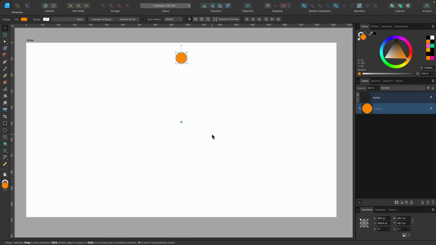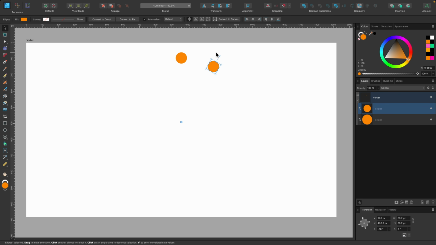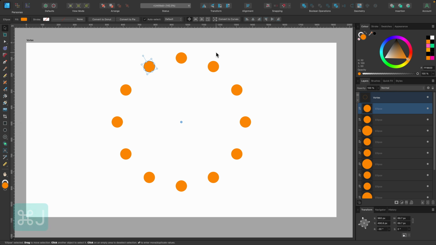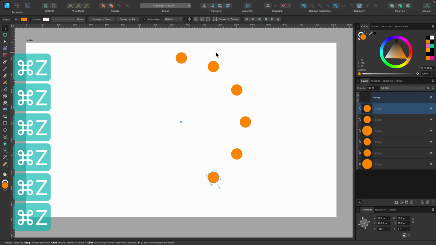So just like before, we're going to press Command J and we're going to hold the handle here, click and drag it whilst holding Shift, and we'll just drag it to minus 30 degrees again. Let go and hold down Command and press J. So power duplicate all around. Okay, so that's the second way of doing it. Let's go ahead and use the third way. I'll press Command Z, go back.